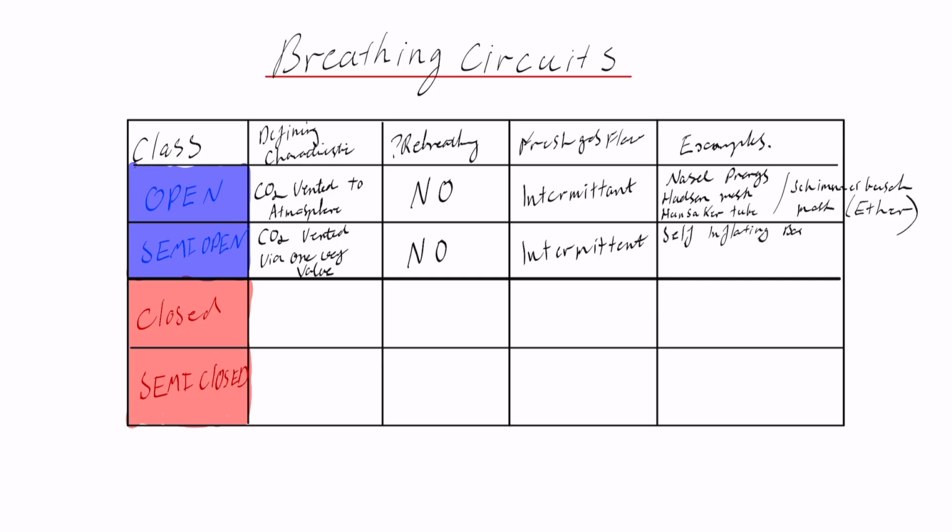Then examples of semi-open systems would be your self-inflating ambu bag and your non-rebreather mask. And both of these have one-way valves on them. So if you ever look at an ambu bag, it usually has a one-way valve on the opposite side to the actual self-inflating bag. And then non-rebreather masks, if you look at where the nose sits, there's usually these little plastic tabs that sit over some expiratory ports. So when the patient breathes out, air will blow past the little plastic tabs. And when they try to breathe in, the plastic tabs will occlude inspiration and they'll breathe in directly from the